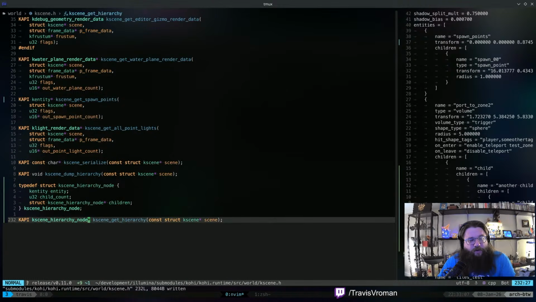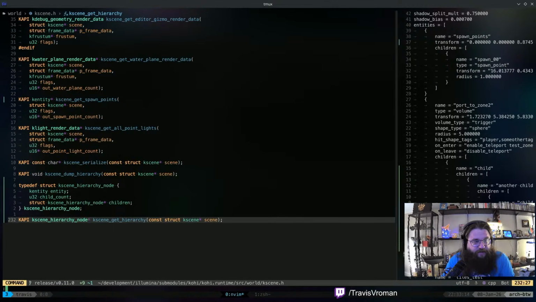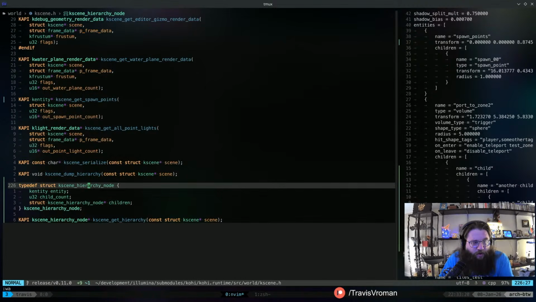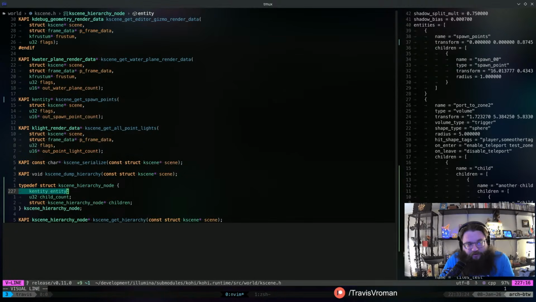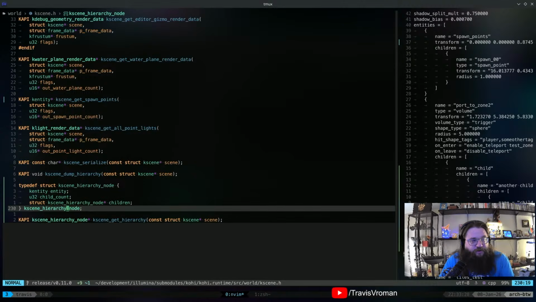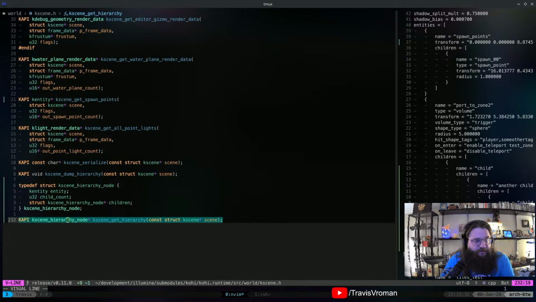And the way that this will work is basically we'll have an array of these, which will have arrays of other ones as it kind of cascades through. And this will allow us to retrieve any information that we need about the hierarchy as we go through. So it's got the handle to the entity, which is what we need, and then all of the children of that that we can then use from there.